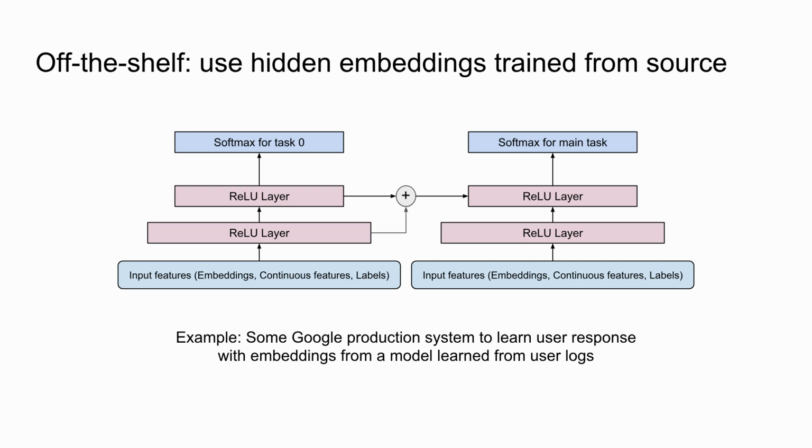A similar idea has been used here at Google as well, where we could directly grab some of the hidden embeddings we trained in the learning to rank model I mentioned before, and then concatenate some of the hidden layers, or some of the embeddings we use, for example video embeddings or video features, and make it a large feature input to the model that we can use to predict the user response. Then we freeze the part of the model from the source model and train maybe a simpler model to predict user response.